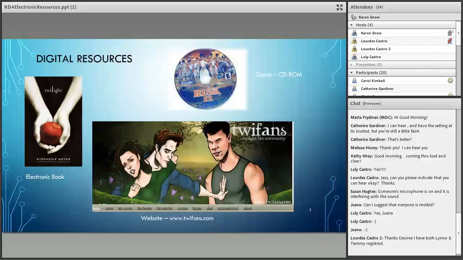So an electronic book, a website, sticking with my Twilight theme. For those of you who attended the workshop, I gave the Twilight themed record examples. Once again, not that I'm obsessed with Twilight, far be it, but it provides a nice little set of examples. And then, it's not Twilight, this Risk 2 computer game on CD-ROM. I'm sure there must be some CD-ROM for Twilight, but I'm not going to go that far. So we're going to look at these examples and how they should be described under RDA.